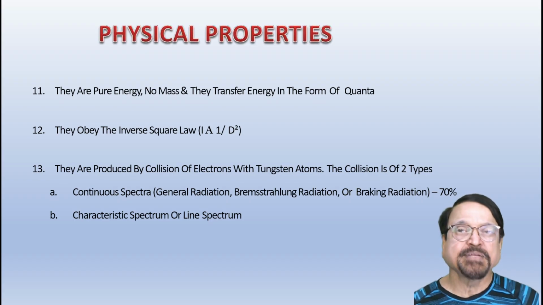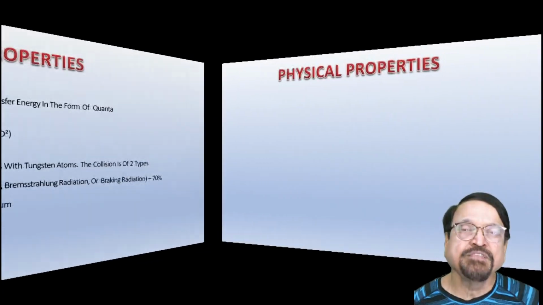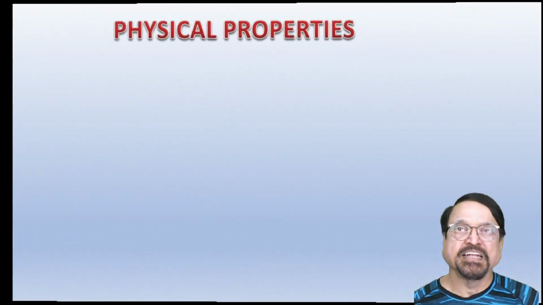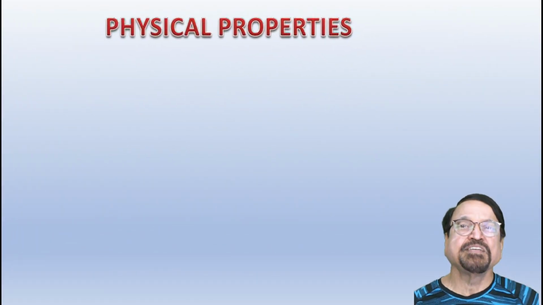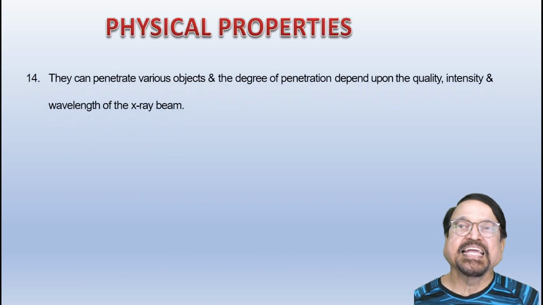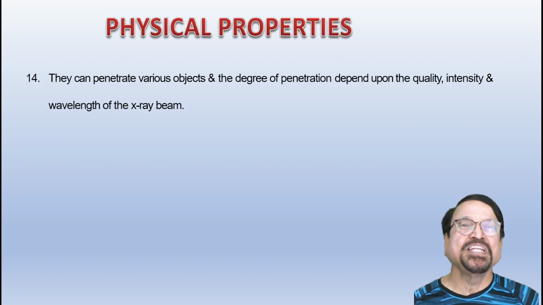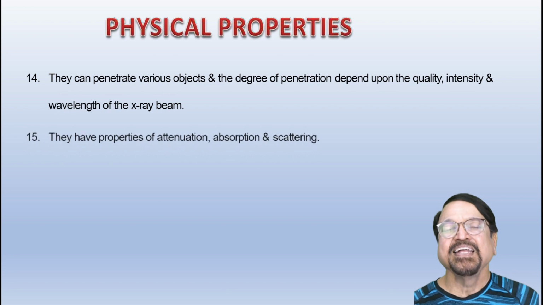Then the characteristic spectrum or the line spectrum, a different type of radiation, we have covered in a different lecture. So again I'll request you to go on the website and find out where they are. They can penetrate various objects, and the degree of penetration depends on the quality, intensity and wavelength of the X-ray